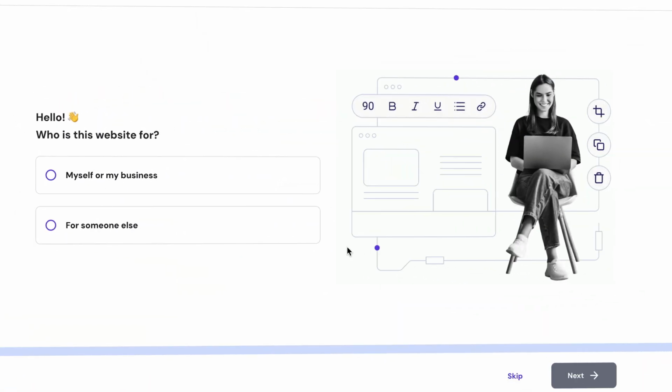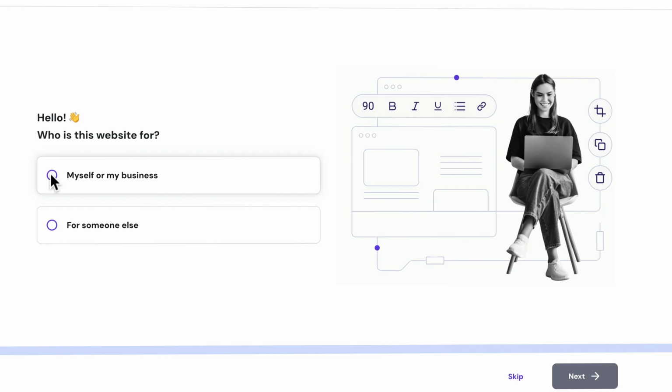Now we are redirected to the control panel. And it will only take a few seconds. Congratulations with your web hosting plan. Now we're gonna choose a domain name and configure a few other things. Let me show you what we're gonna do. So now we can install WordPress. So it says, hello, for who is this website? Well, it's for myself or my business.